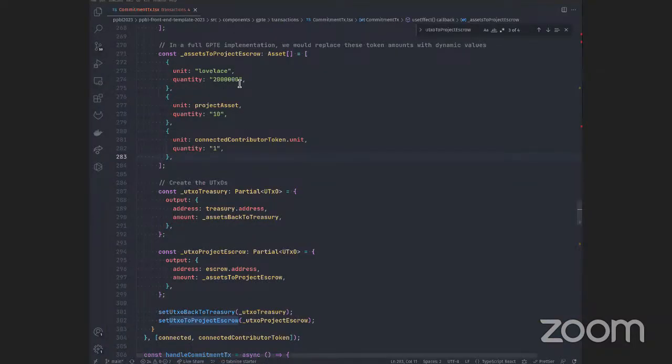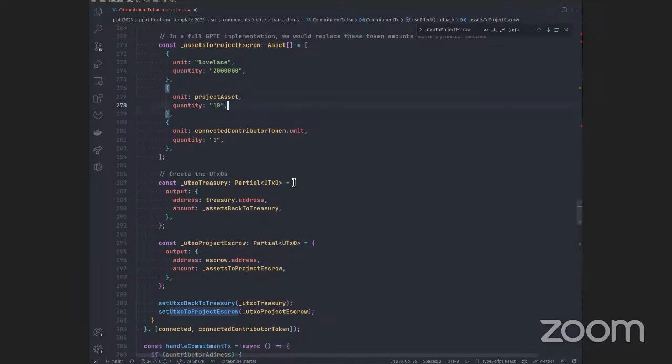Right? Obviously, it's a much more interesting application if this number and this number can be dynamic. And that's one of the essential things that's part of the more flexible Andamio platform. Okay. But for here, it's just hard coded. Okay, suppose that every reward is this right here. What about the